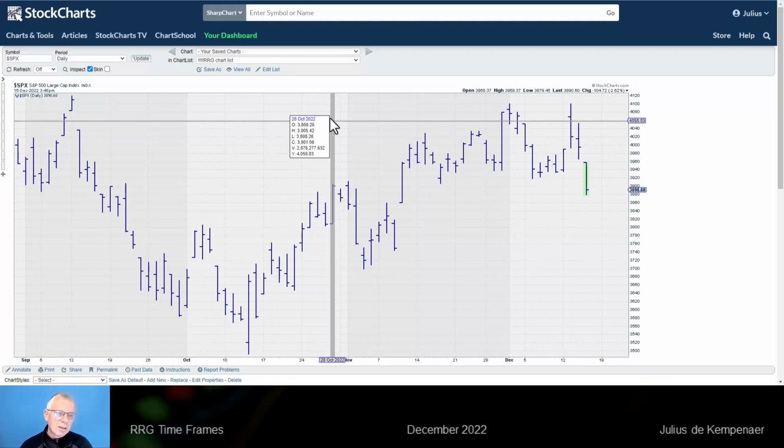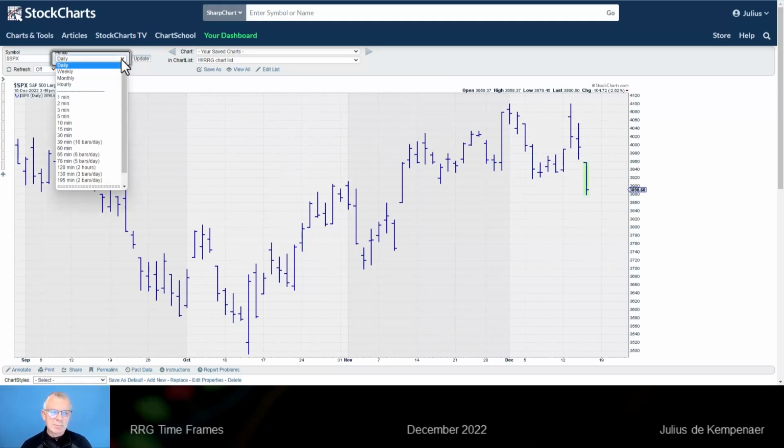And there is a whole list of intraday time frames on StockCharts.com, which is below the dashed line here. It goes all the way down to 1 minute, 1, 2, 3, 5, etc. Now we've got a number of special time frames, which is the 39, which equals 10 bars per day, because the problem, if you wish, is that when you, for example, work with a 60-minute time frame, the trading day is